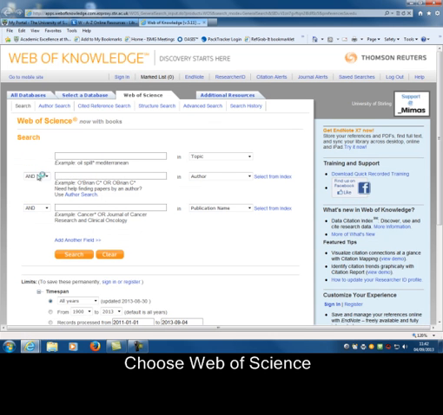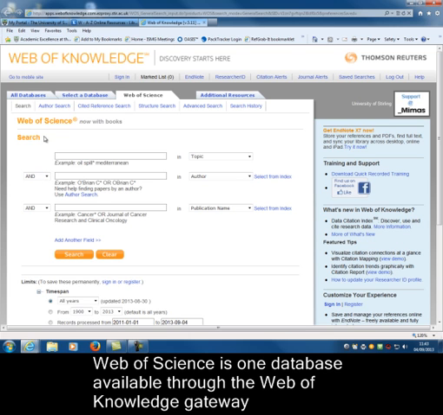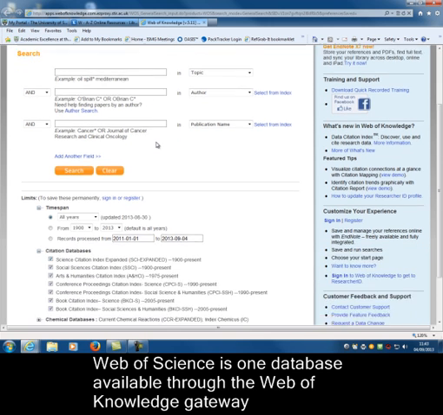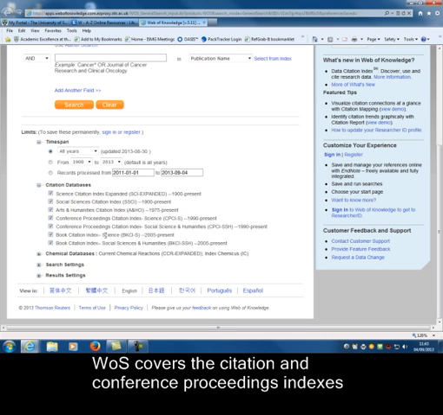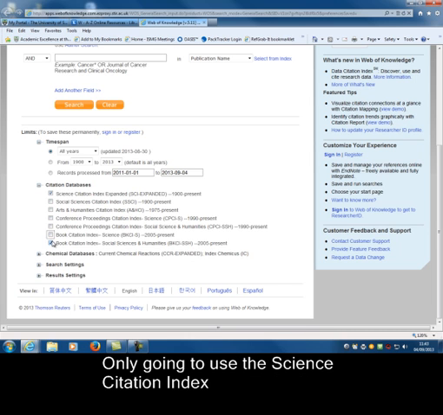Web of Science is part of the Web of Knowledge Gateway. There are many different databases from this gateway, but we're looking at the Web of Science database. Web of Science covers all the citation indexes and the conference proceedings indexes as well. As we're only interested in biological information, we're just going to look at the Science Citation Index, so we'll deselect